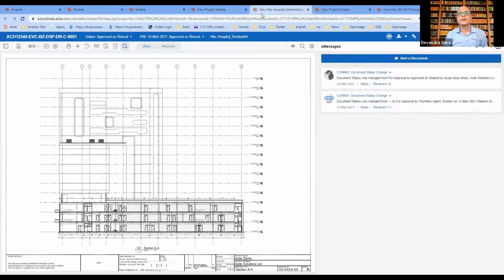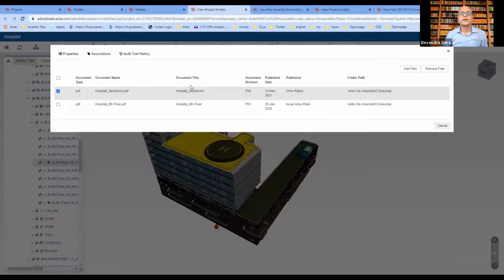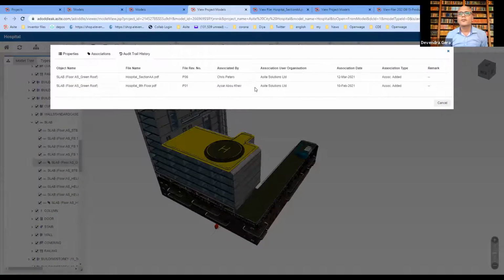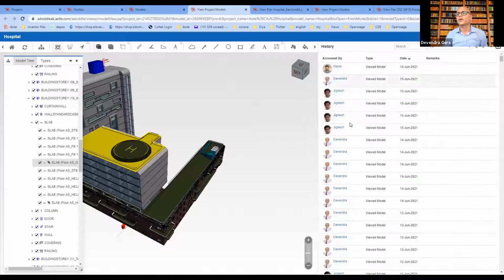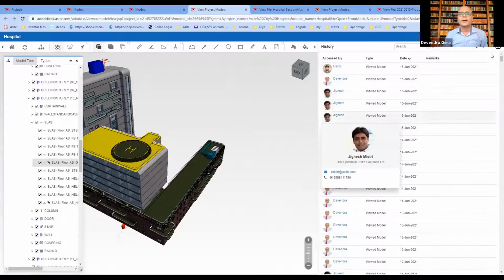So you can have full workflows around the 2D drawings, as well as the audit history of when those 2D drawings were associated. But we also have the full audit history of what happened when, who viewed the model, and who created comments, etc.